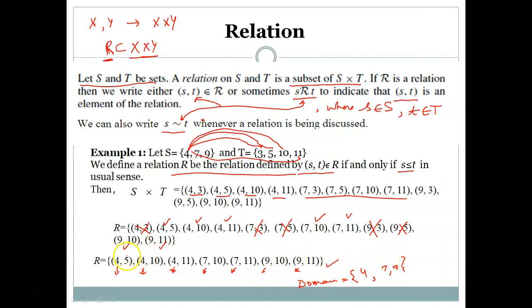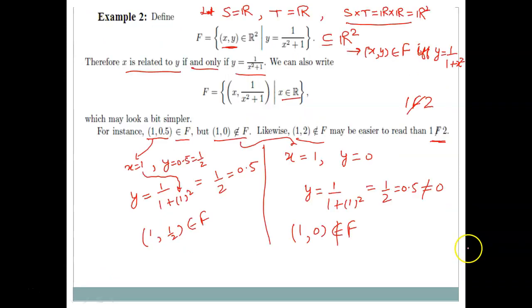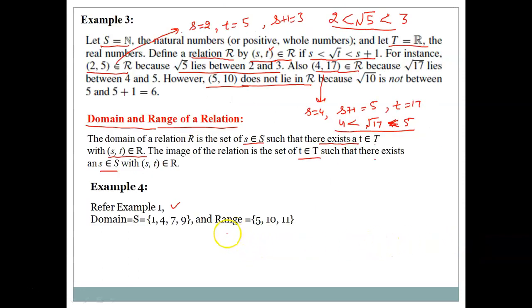And range is what? The set of the second elements forms the range. So in this case, the range of this relation is 5, 10, 11. So you can see the same thing is written over here. Range is 5, 10, 11, and the domain is